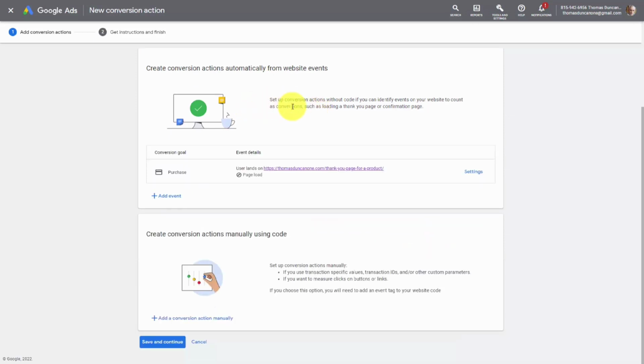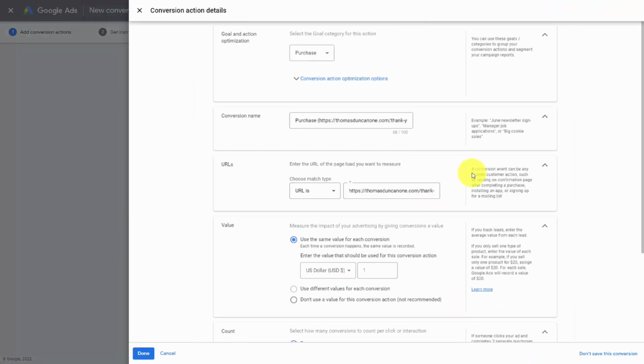And we are doing this so that we're stating that when an individual lands on this page, we're going to determine that as a specific action that came as a result of our YouTube ad. We can then go into the settings for this particular measurement. What we're going to do is stop the video here, and we're going to pick it up from the conversion